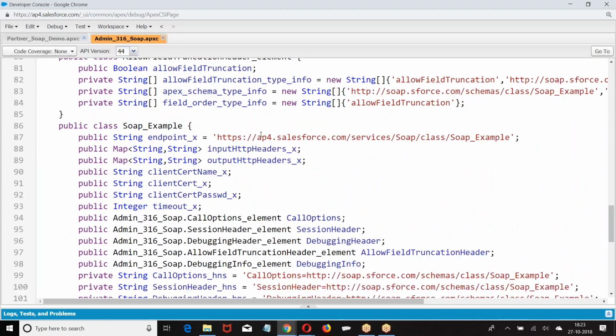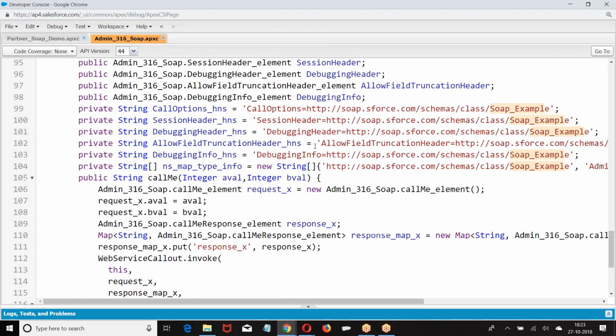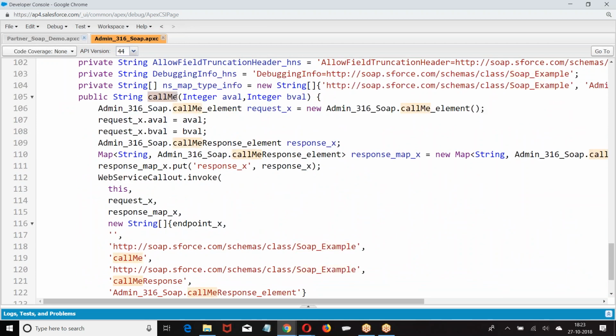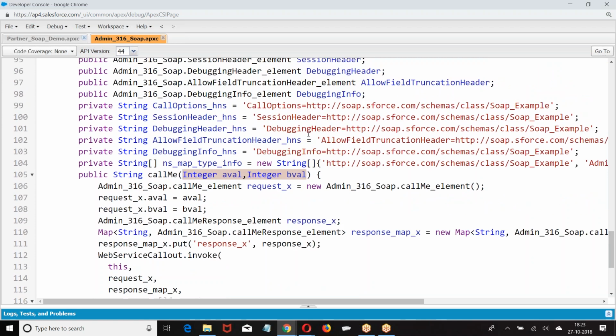In this class, what is the method we want to call? SOAP example. In this, I want to call a method called call me. Now they told boss, if you want to call this method, you have to authenticate yourself. Now if I want to authenticate myself, are they asking any credential here? They are not asking any credential. Then where are they asking me to pass?